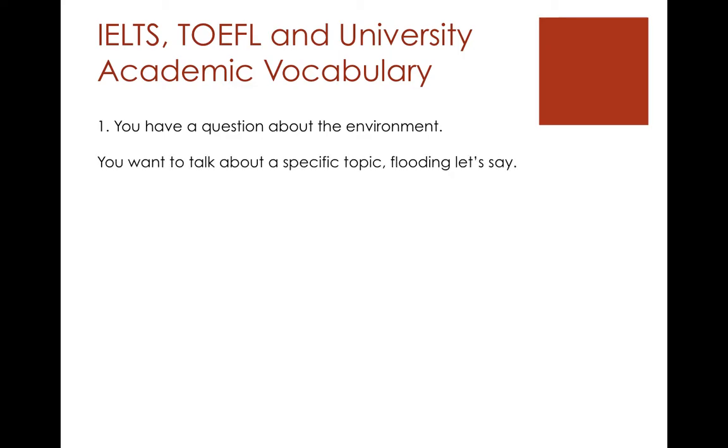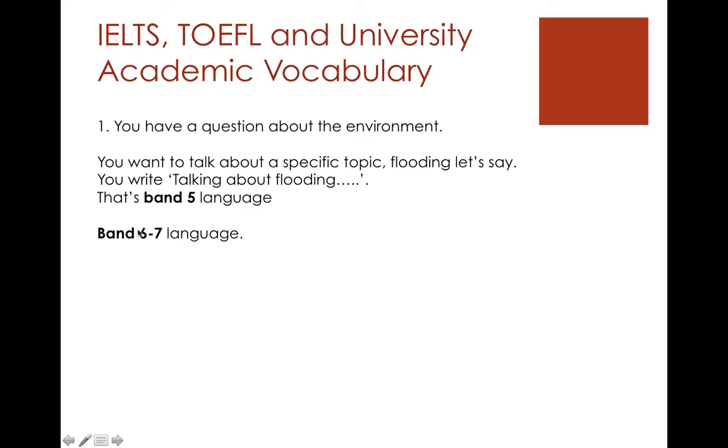So you have a question about the environment and you want to talk about a specific topic, flooding, let's say. We know flooding means when there's too much water and it goes over the river banks. The banks is like the side of the river. So you write "talking about flooding," and that's band 5 language. Band 6 or 7 language will be "with regards to flooding," and then a comma, and use this band 9